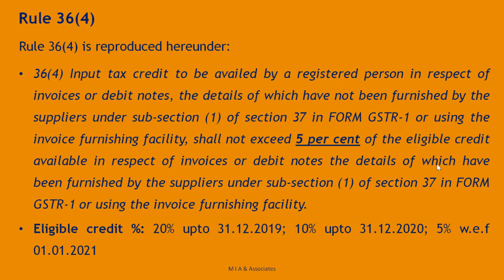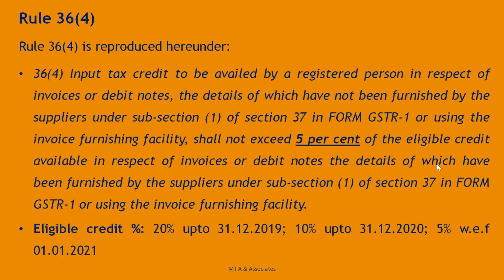The third condition is that the recipient should also have the details of all the purchases during the given period based on his purchase register. Once these details are available, one can arrive at the details of invoices which have been reported. The eligible credit is restricted to 5% of these reported invoices, and the remaining balance shall be carried forward until